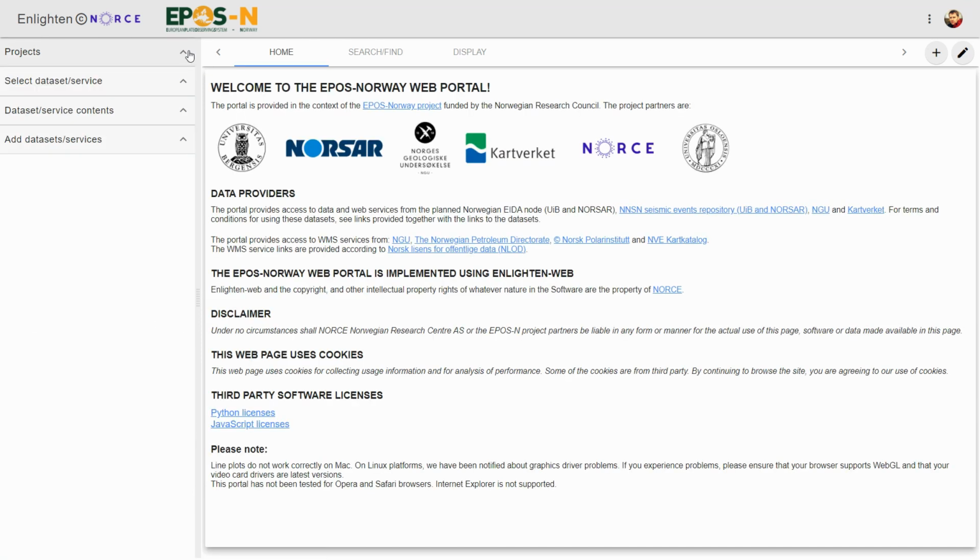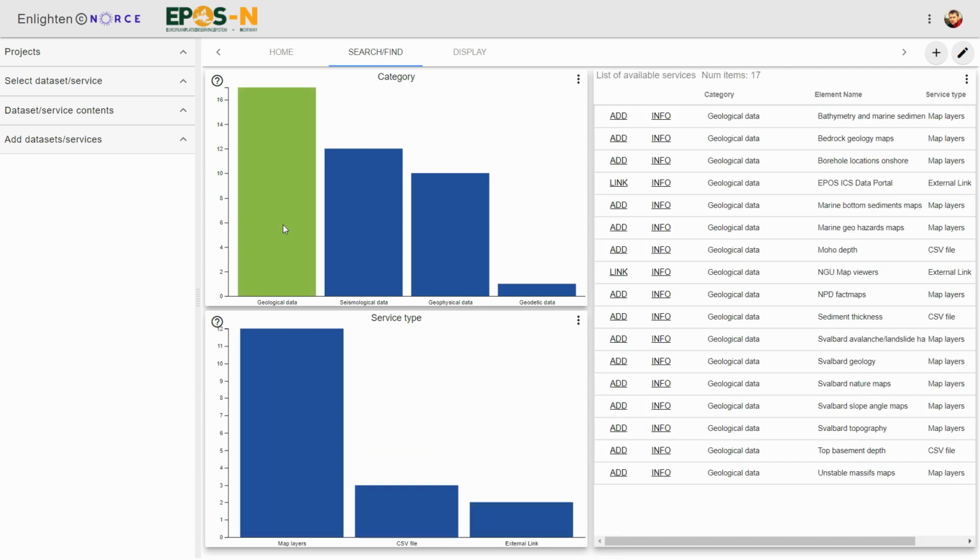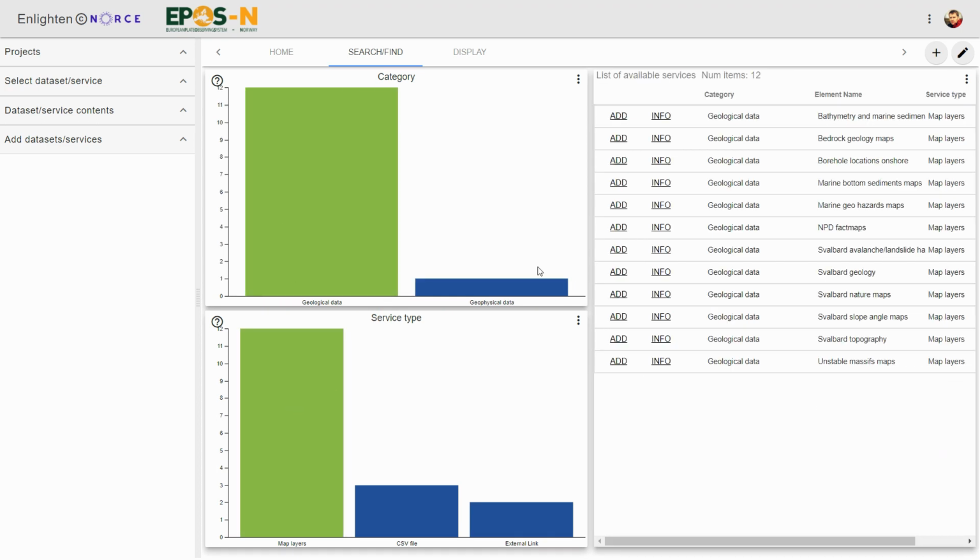And then I can collapse this menu, and I know all my manipulation with data will be saved in my project. Let's navigate to Search and Find to find my data of interest. I'm selecting in the bar plot geological data and map layers, and the list of items is reduced, and I know I will be interested in marine geohazard maps. I'm interested in Svalbard slope angle maps,